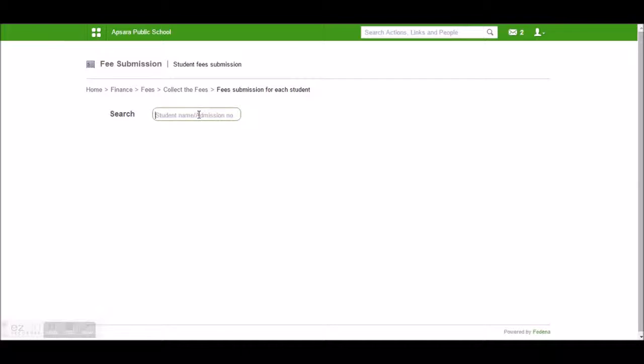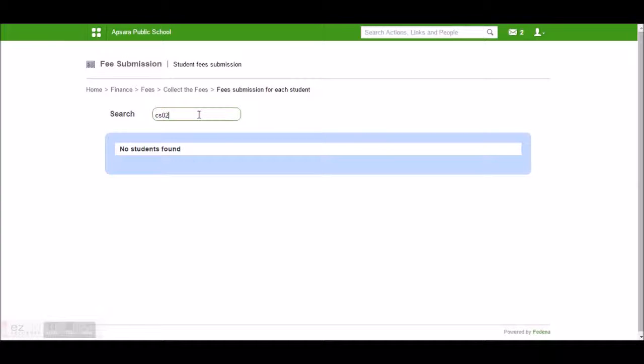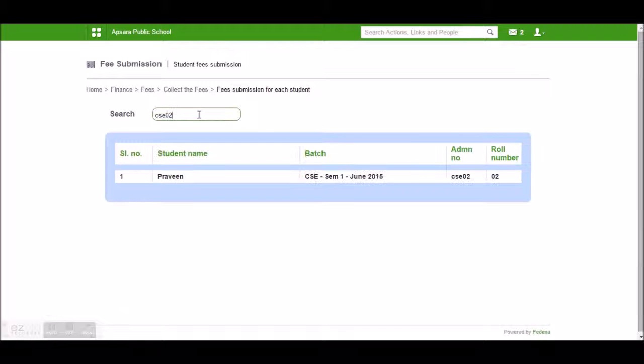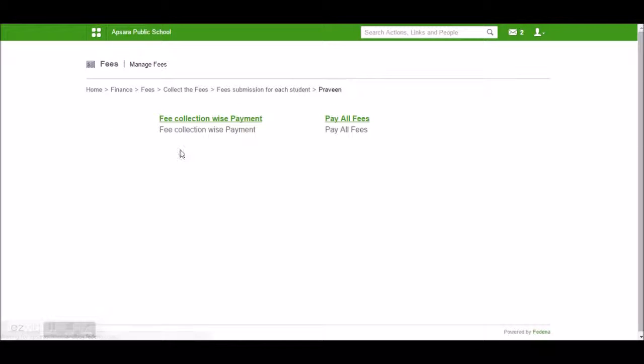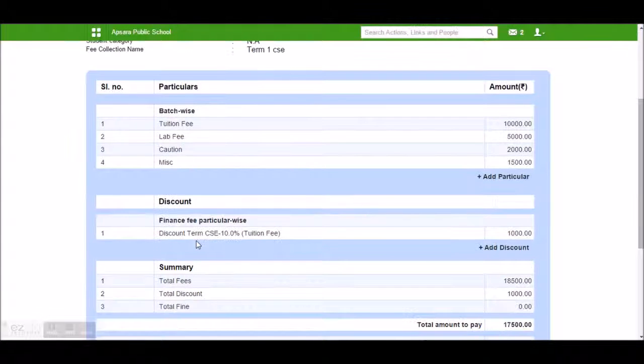We need to select the student here, and we can click on this. It will ask for two options, whether we need to go for the collection wise payment or we need to go for paying all the fees. Let's say we can go with the fee collection wise payment. We can click on this. You need to select the fee collection from here, and we can pay the fees